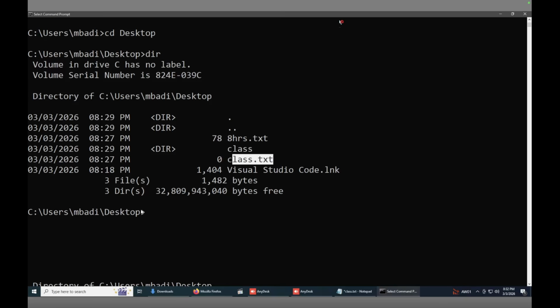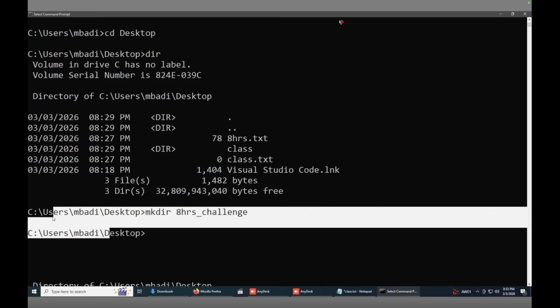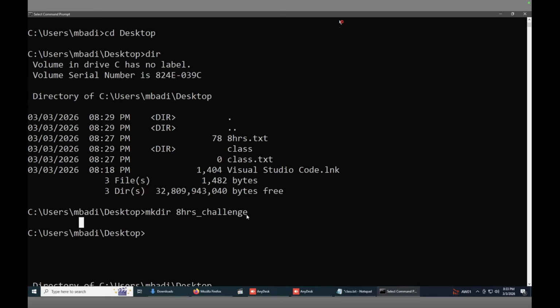So now our working directory is users mbadi desktop. Let's try and create a folder. To create a folder in here, we can say mkdir, we say 8 hours challenge. 8 hours challenge. Okay, and then we hit enter. So we don't get any response. Whatever is printed after you run a command is what we call a response. So right now we have not gotten any response right here, but we want to find out, has the folder